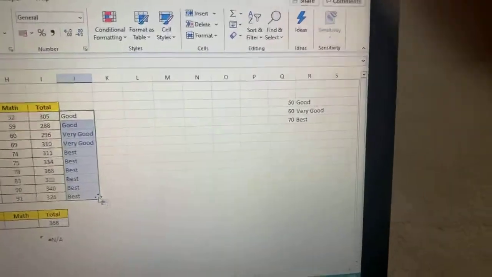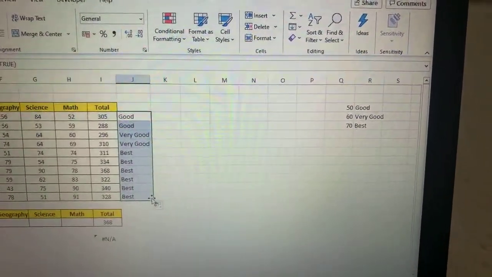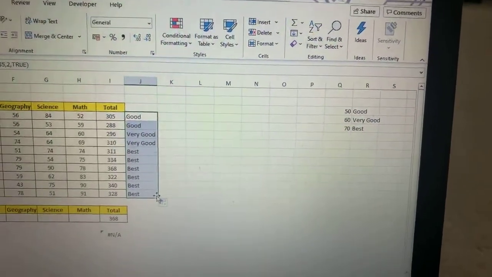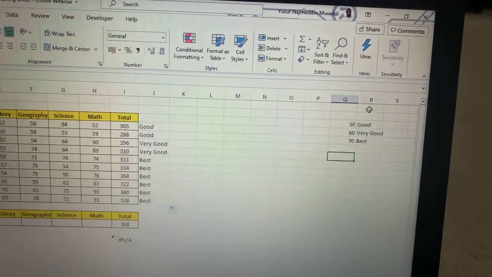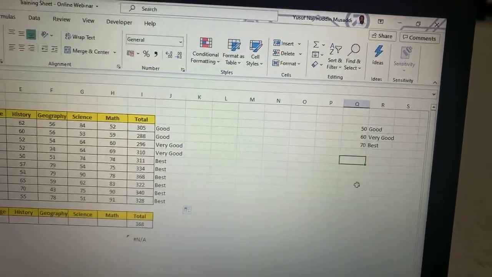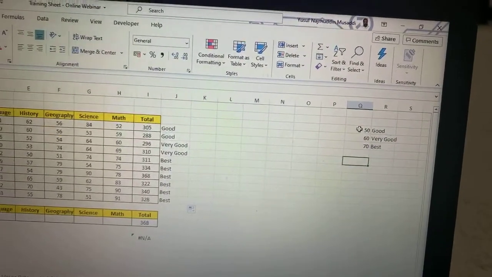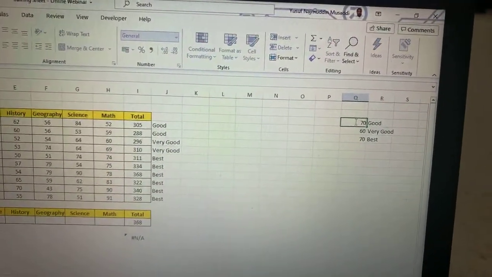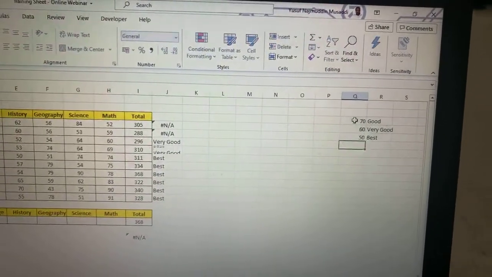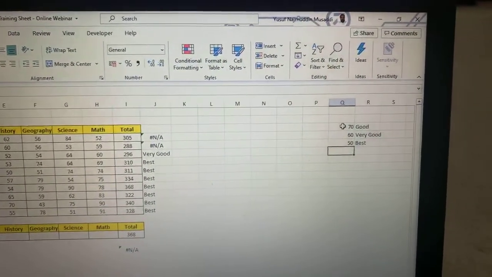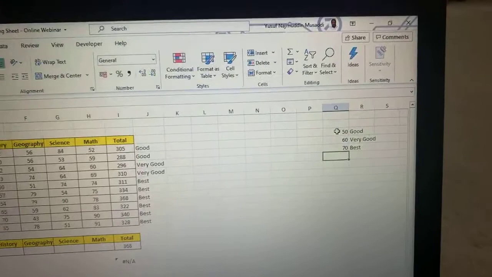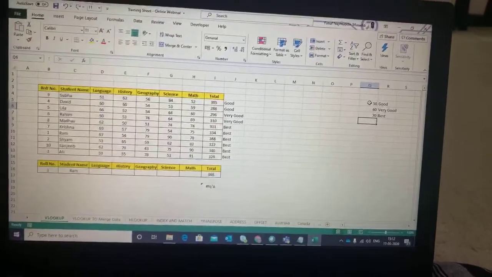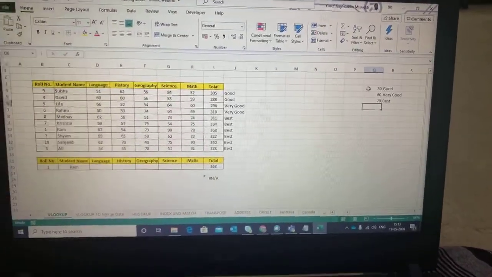So as you can see, we have very easily categorized the data on the basis of the marks in math subject using VLOOKUP. Now one thing you need to take care of is that the categorization you mention over here should always be in ascending order. If you change the order, for example, if you write 70 here and 50 here, then that is not going to give you the results. So you always have to mention this in ascending order, like this. So this is the second usage. First usage of VLOOKUP was to search for a value. Second usage was to categorize your data.